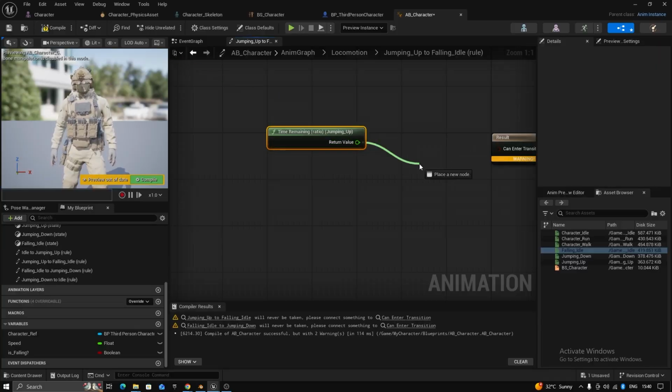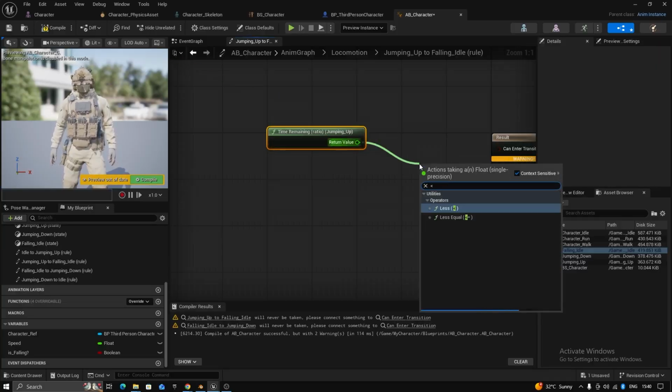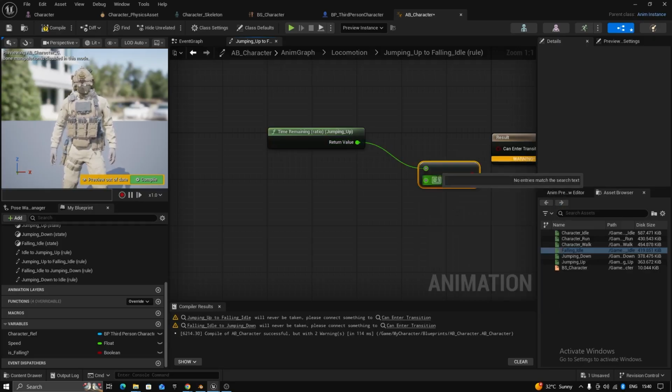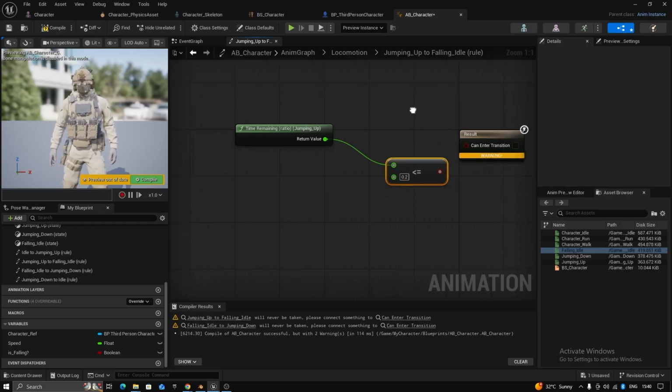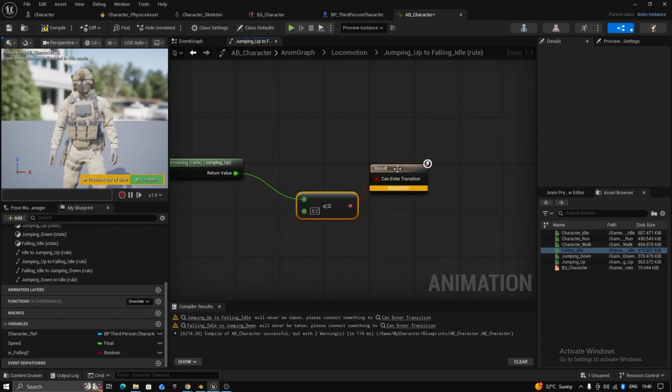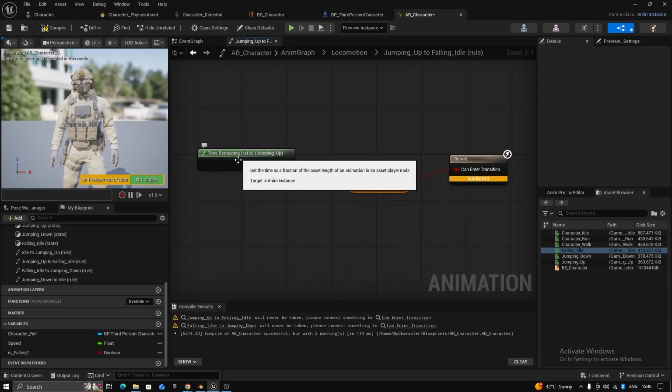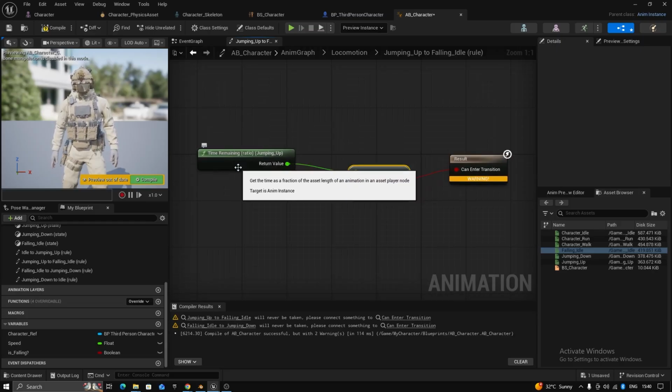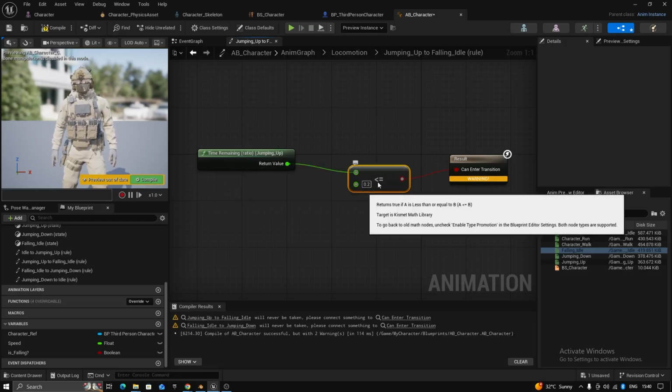And if it is less than or equal to 0.2, we can transition to the other state. So what this does is, we are basically just checking whether our previous animation is almost over, then we can transition